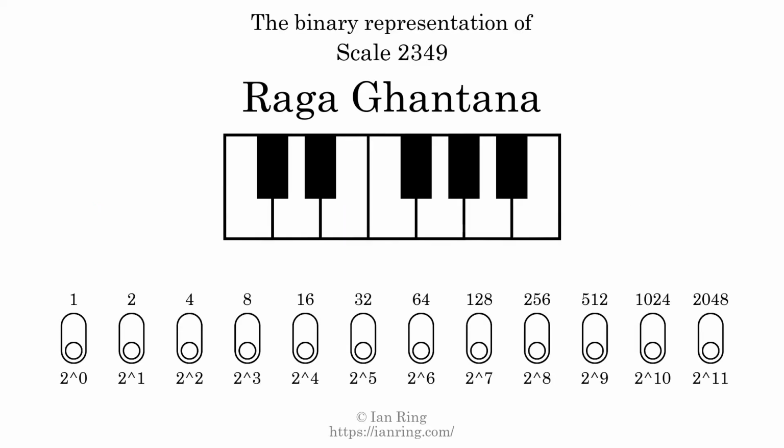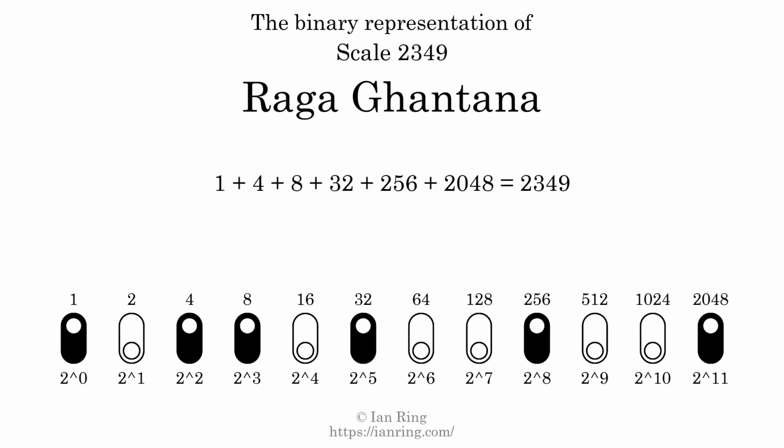The binary representation of this scale is determined by mapping tones of the scale to binary digits. Each binary digit represents a power of 2. To get the scale number, we add the powers of 2 together. The powers of 2 that are present in the scale, all added together, equals 2349. That is why the scale number, in decimal, is